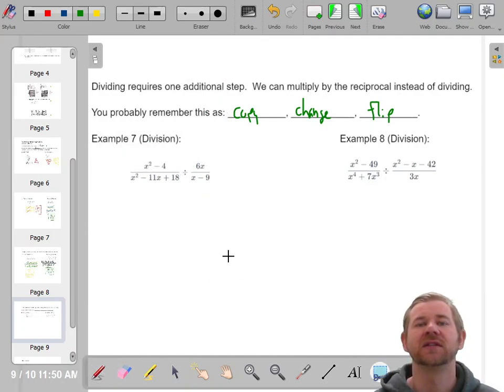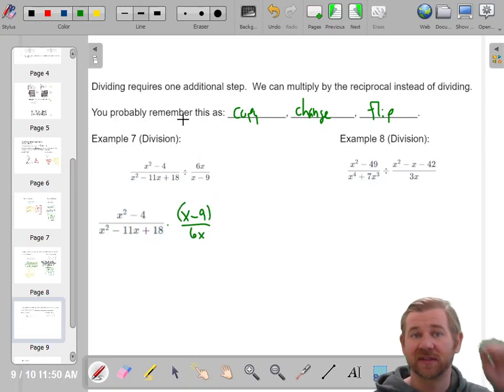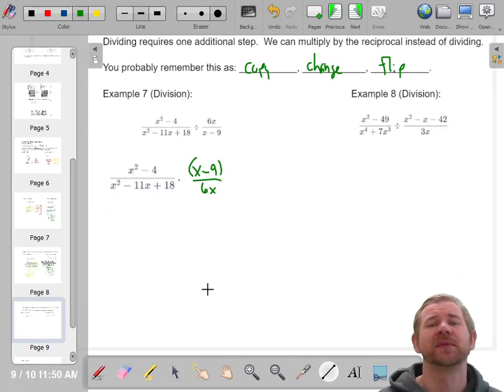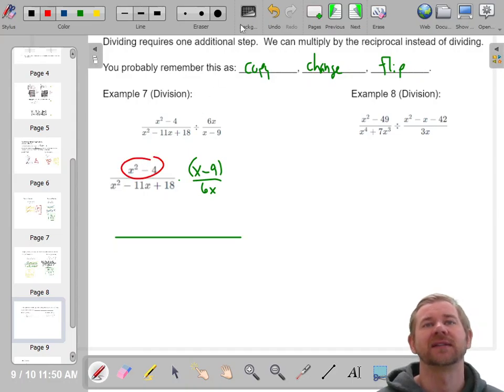So this doesn't change. I'm just going to screenshot it because I can. Copy the first part, change this to multiplication, and now put x minus 9 in the top and 6x in the bottom. And I'm going to put parentheses around that, just a reminder. Now it's like the other ones. Now it's multiplication. So in the top, you have dots, x plus 2, x minus 2, x minus 9 is